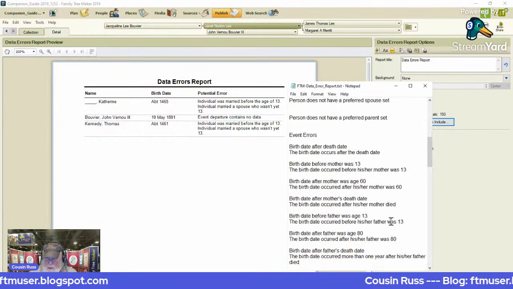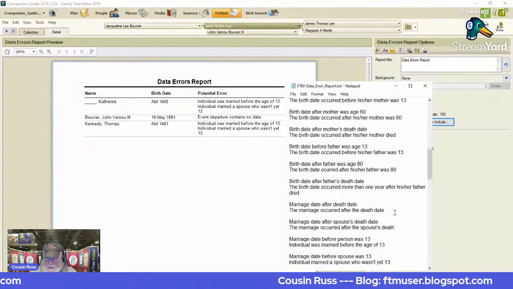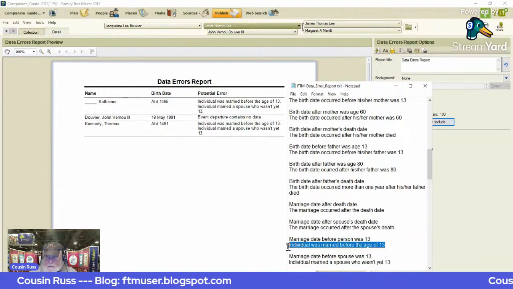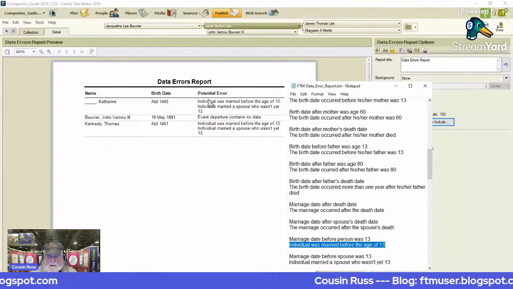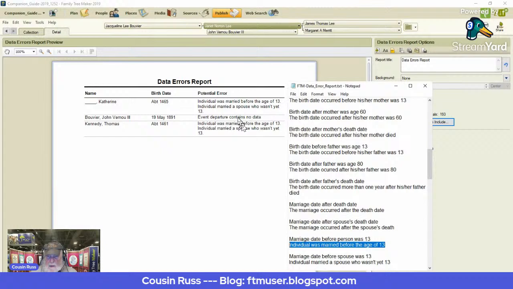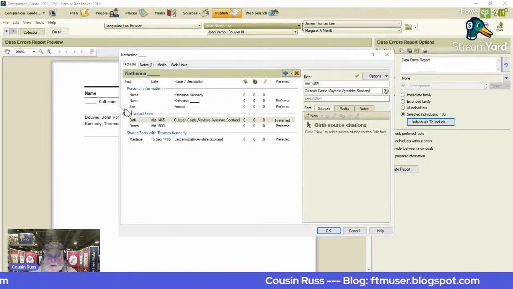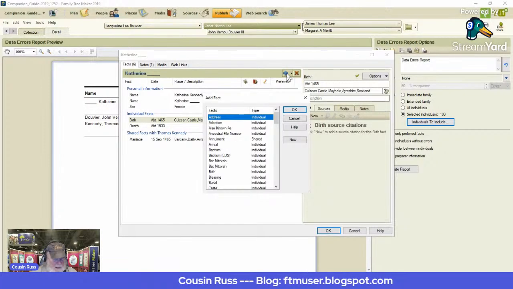Individual, that's birth, marriage. Here we go. Was married before the age of 13. So there is the potential error, and there will be two of them. Oh, there'll be two errors, these two. So I'm going to hit Control C to get that text. I'm going to open up the name. I'm going to add